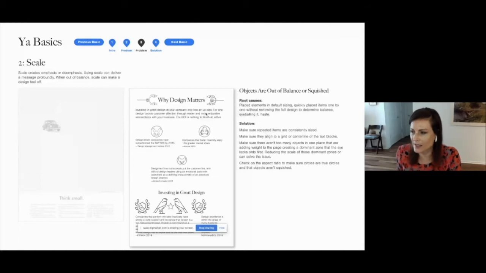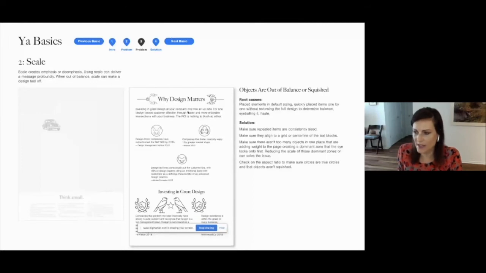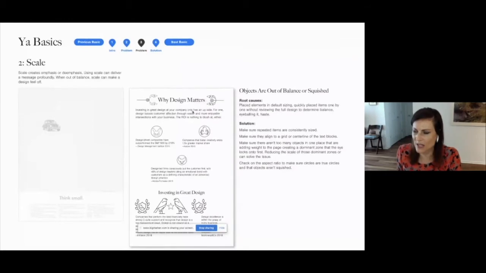The other thing that I see with scale is this top right graphic looks a little squished. You can see on the left, this laurel has a good aspect ratio, but this one looks squished compared to that. What happens oftentimes when we're really in the trenches of the design is we forget to lock in the aspect ratio when resizing an object. A designer might put in the right dimension for the width, but because the aspect ratio isn't locked in, it'll squish it. Just look for things that look a little off. Sometimes the circles get squished, so say, that doesn't look quite right. Can you check the dimensions on it to make sure that it's correct?